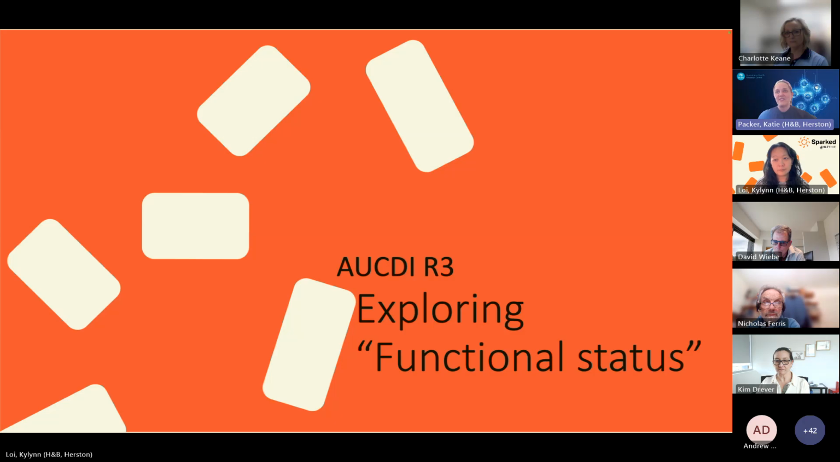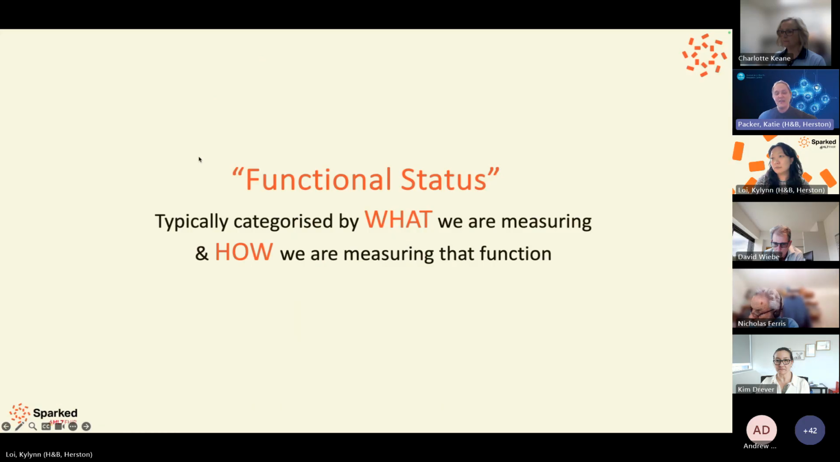pretty complicated area. So if you go to the next slide, when we're looking at the what and how to measure with function, it's complex to understand what the what even is. So what is it that we're actually measuring when we're measuring functional status? We had a bit of a brainstorm about what this actually was. So if you go to the next slide,